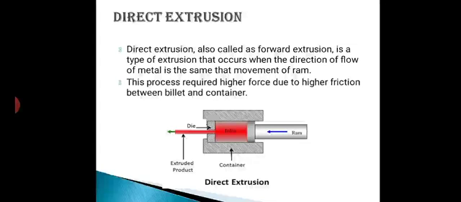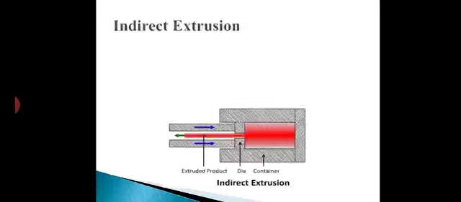Now another is the indirect extrusion process. Generally, a question is asked such as: differentiate between direct and indirect extrusion process. The main difference between both processes is that the ram of indirect extrusion is hollow. In the case of the direct extrusion process, the ram is solid. So this is the main difference. And the indirect extrusion process is also known as a